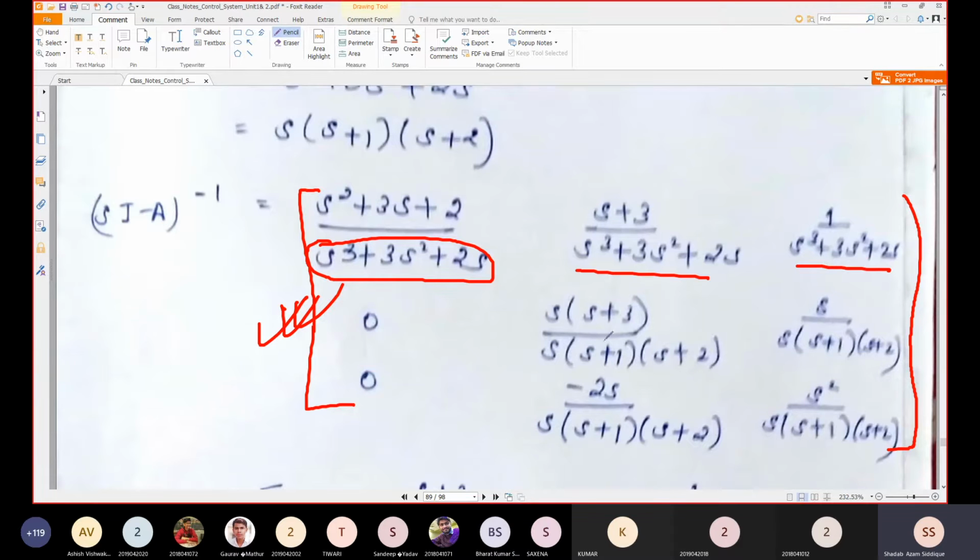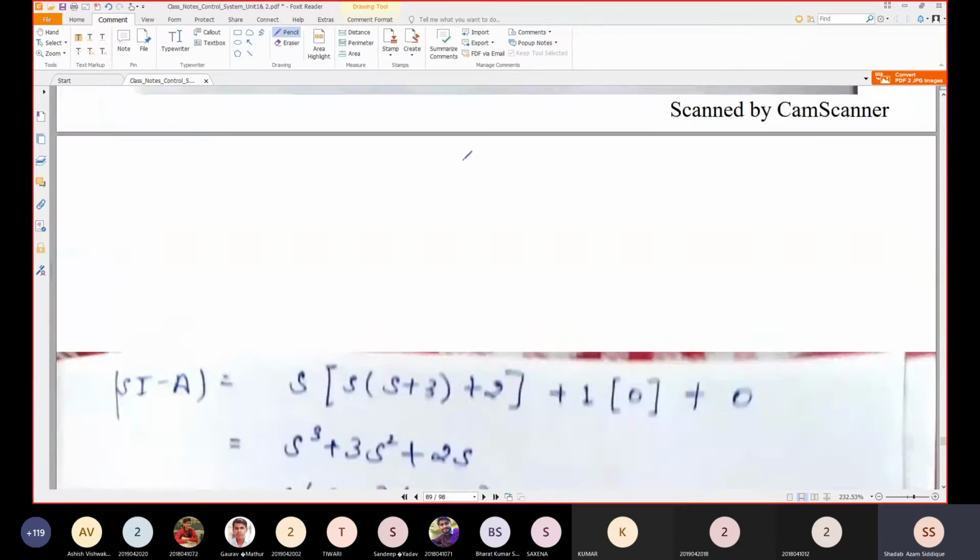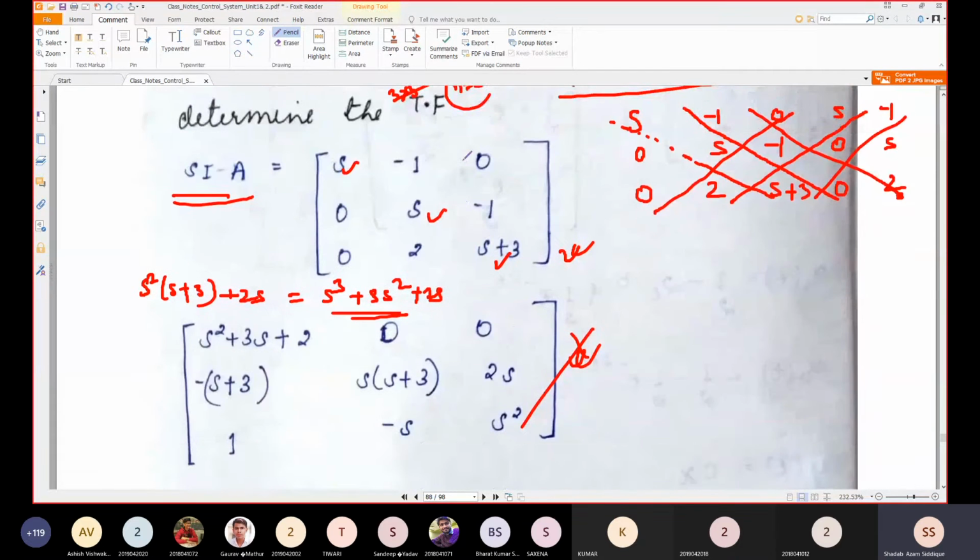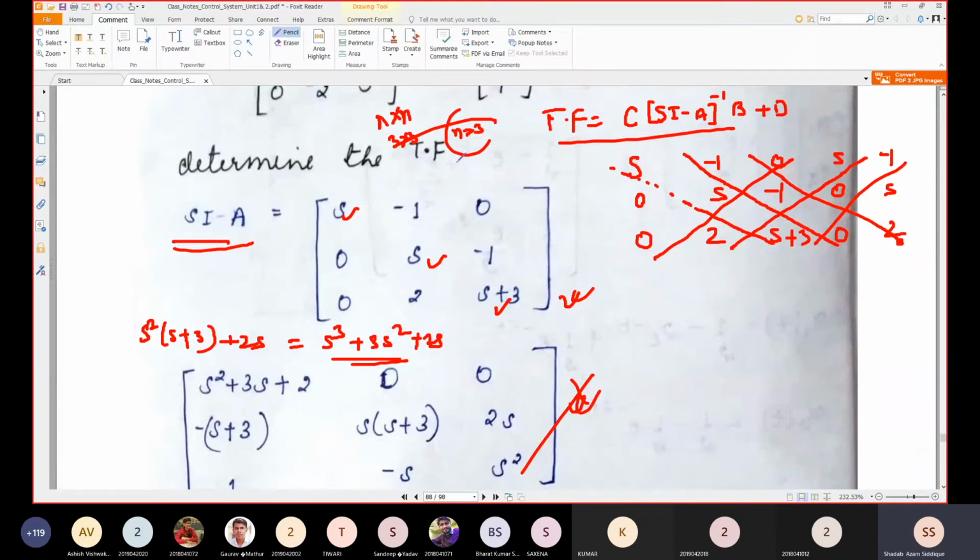Here the term is split because we need to cancel out the terms. That's why it is taken here. You can take a cancellation or proceed with it directly, but for solving the partial fraction, you need to take it in terms of s into s plus a into s plus b. That will be easy for using the partial fraction. So the determinant is over.